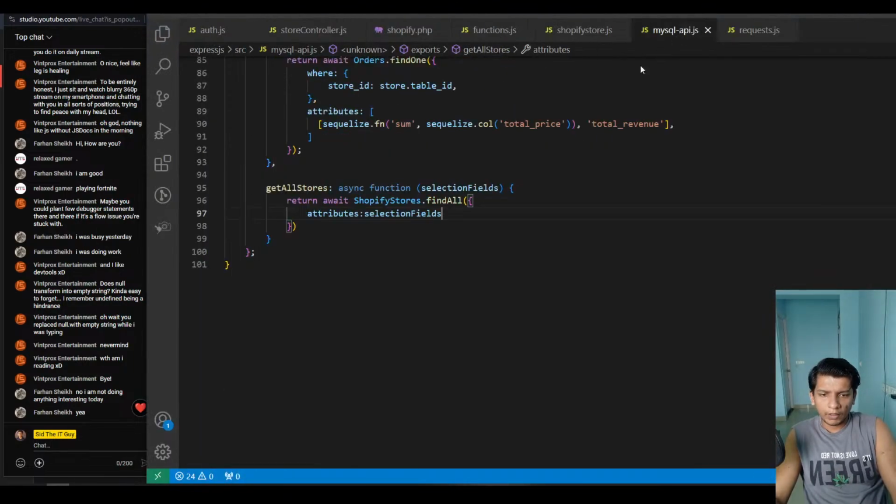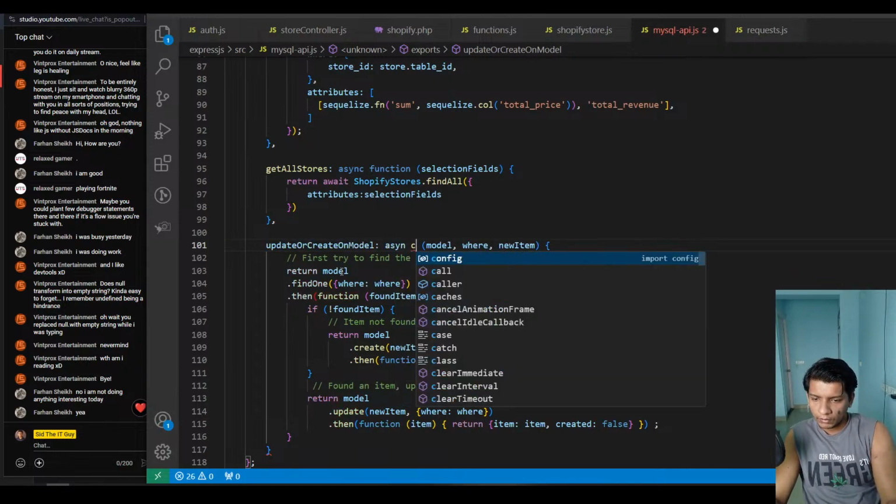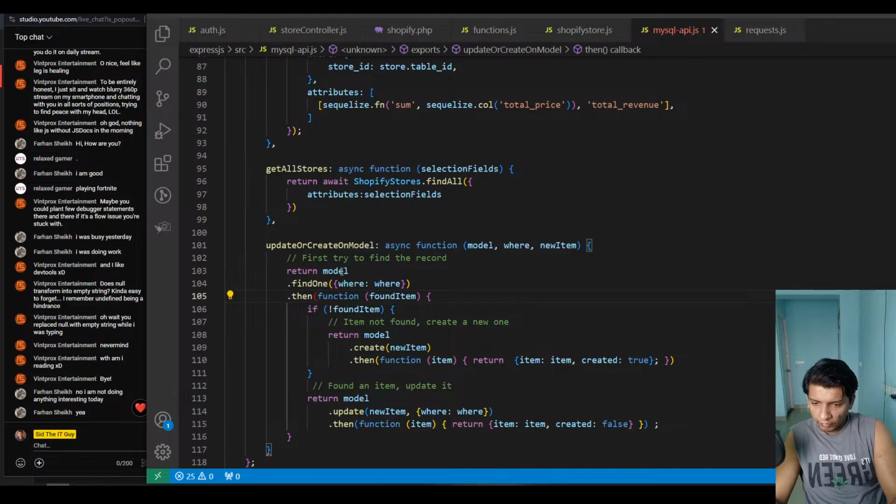Okay, so in MySQL API, update or create on model. So I can do async function this return model dot find one where